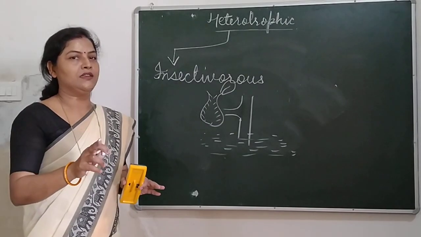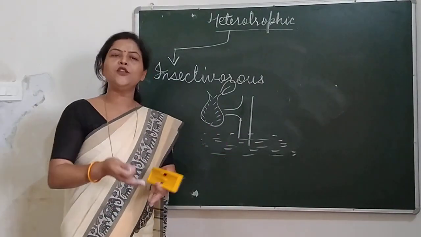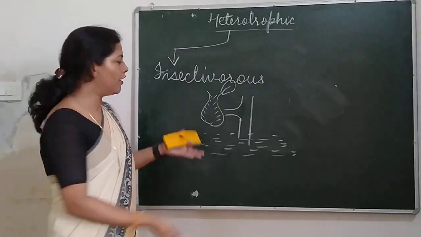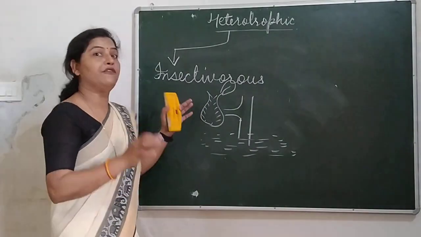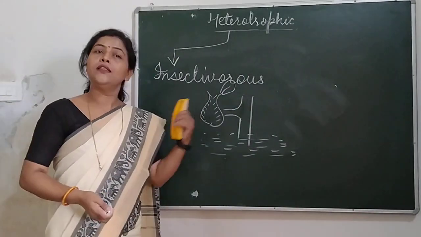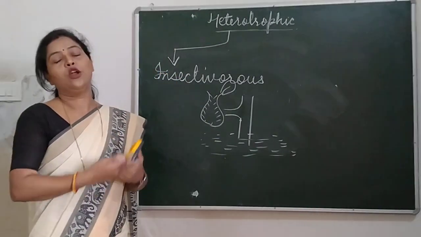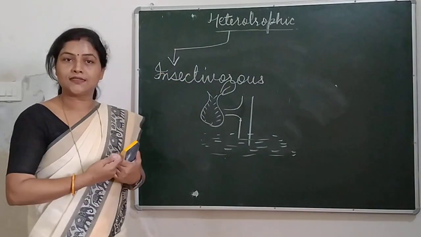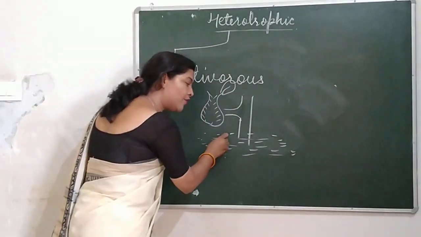Then there is a question. It's okay if the soil is lacking nitrogen, but what is the need of nitrogen for the plants? Already this plant is green. This plant is completely green and very attractive colors are also there. It can prepare its own food. Then why are they called insectivorous? What do they need to catch prey or to catch insects? The need is what? They need nitrogen.